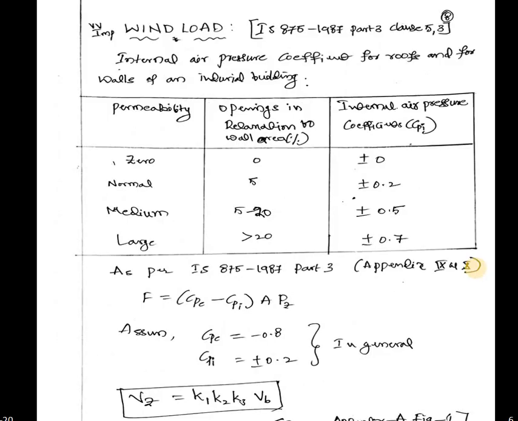Now coming to the third type of question, very important actually. Personally, this is very important for a civil engineer, because most people skip wind load calculations. Why? Because instead of going to IS 875 part 3 and taking all those values, they think it is better to skip. But that is not fair. As a civil engineer, you should go in depth and face all the challenges.